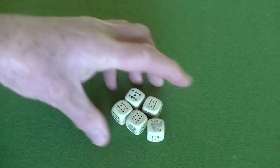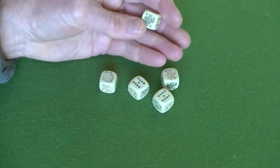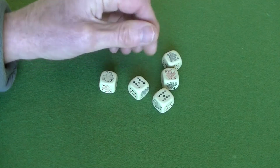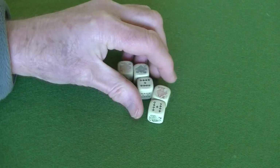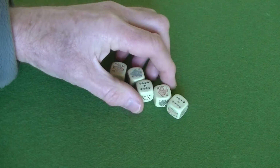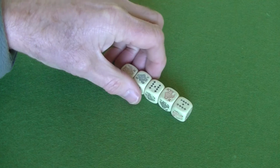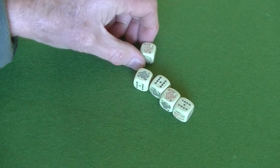I've got some other dice here, which again I've probably had as long as that chess set, poker dice. I don't know whether to risk giving them a clean up, but they're very faded and worn now with play over the years. But this 50 or so years ago was quite an innovative